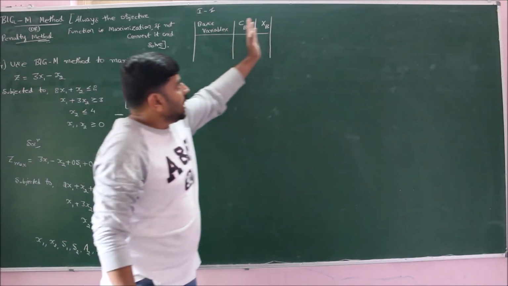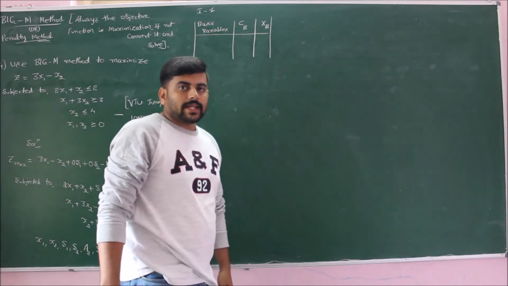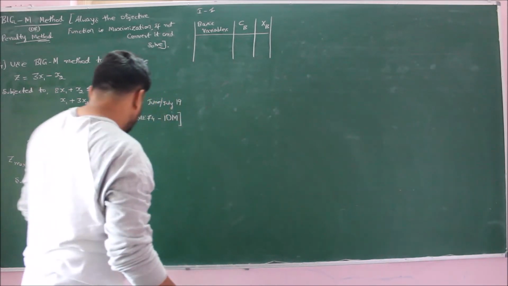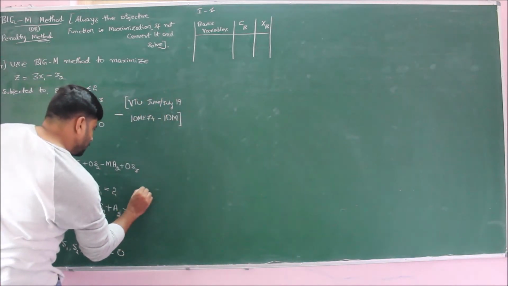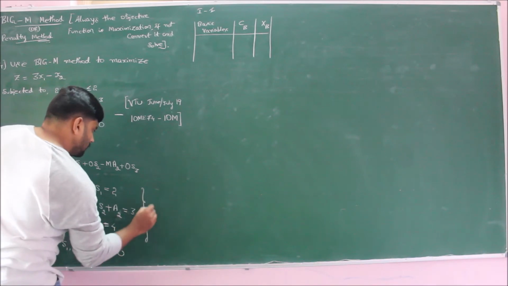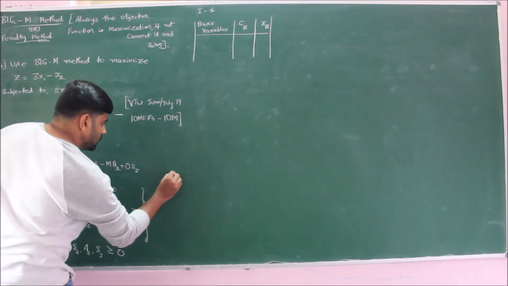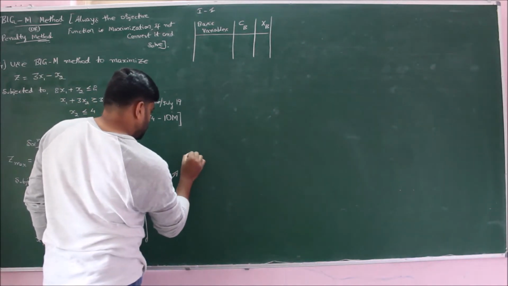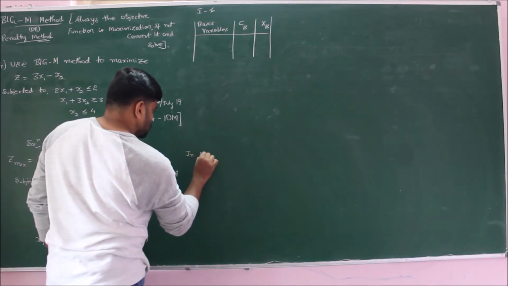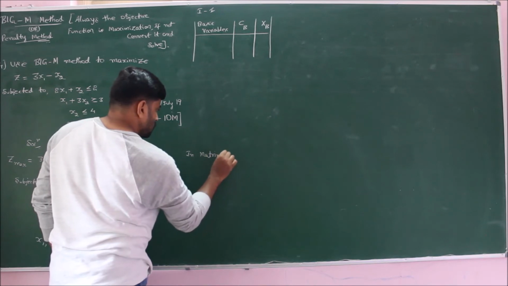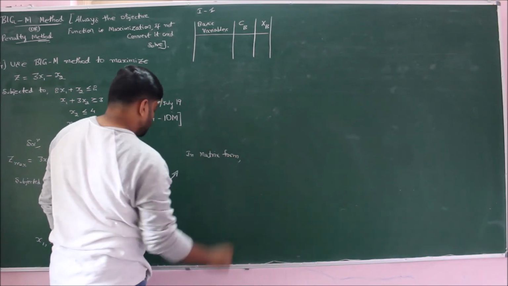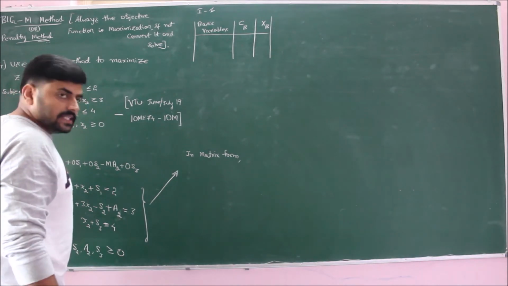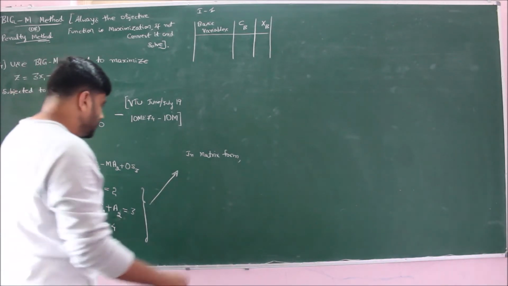Now, we have the variables x1, x2, s1, s3, etc. Before entering the variables, let us convert this set of linear equations into their matrix form. By using that, it will be easy for us to write the simplex table. So therefore, in matrix form, the set of linear equations can be written as, taking the variables first. The variables are